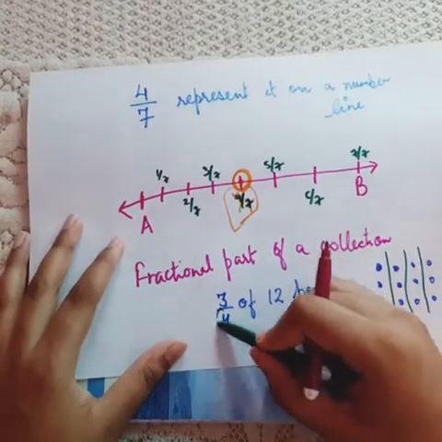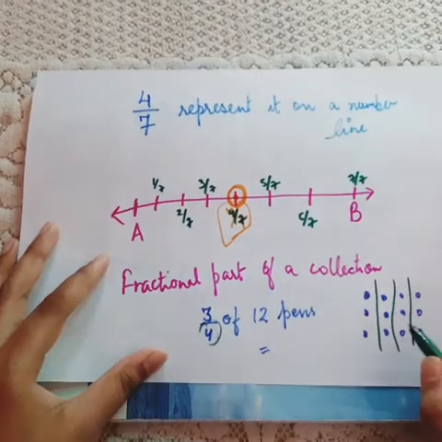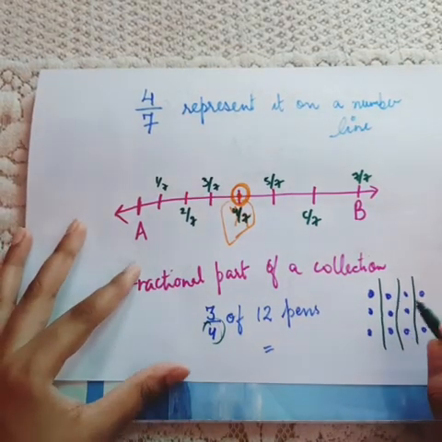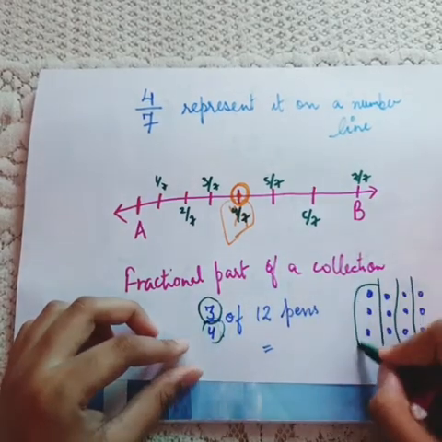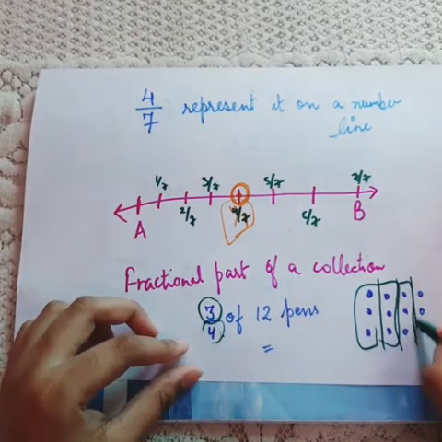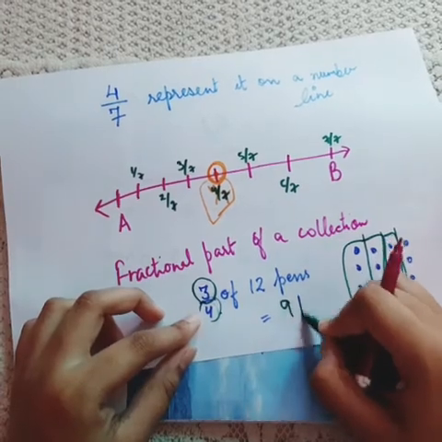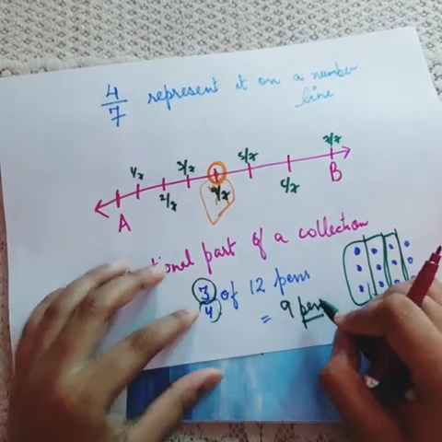Why? Because we are given 4 over here. That is why 4 equal parts. And now it is asking for 3 out of that 4. So it is 1 part, 2 and the third. So actually the answer would come out to be 9 pence. But